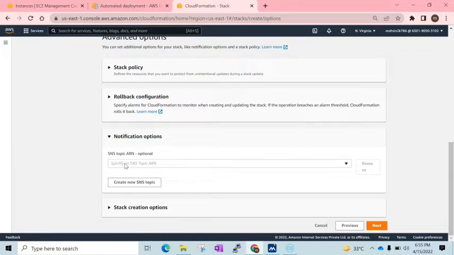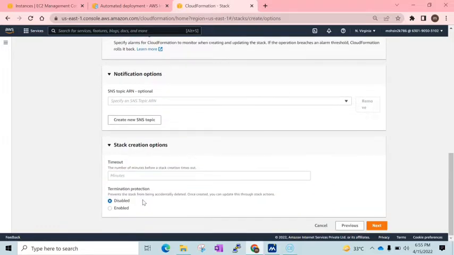Here the SNS topic means we can create this. SNS is again another service. This is a simple notification service in the AWS. Using this SNS service, you can make use of emails or text message on your mobiles to get the notification. So for now we can either create it or by default, or yeah, I'll leave it as it is. Okay, then I will termination protection disable. Okay, I'll click on next,